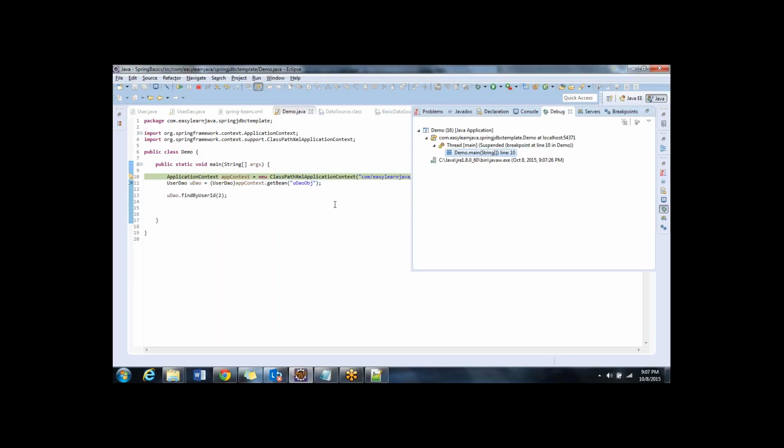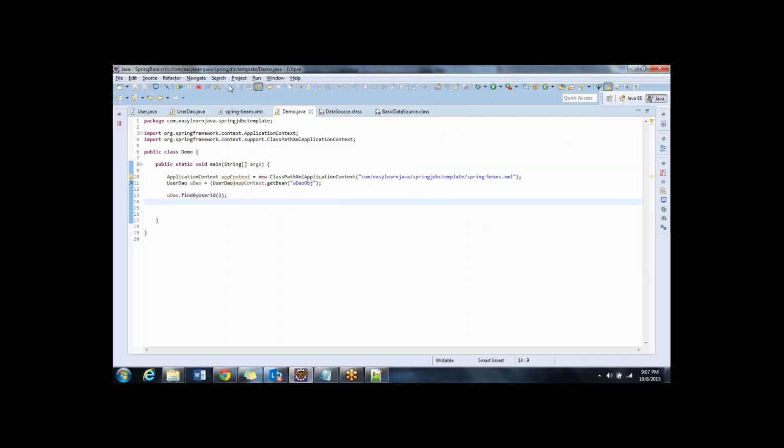At line number 10, I place the debug point. The next thing that I say here is,